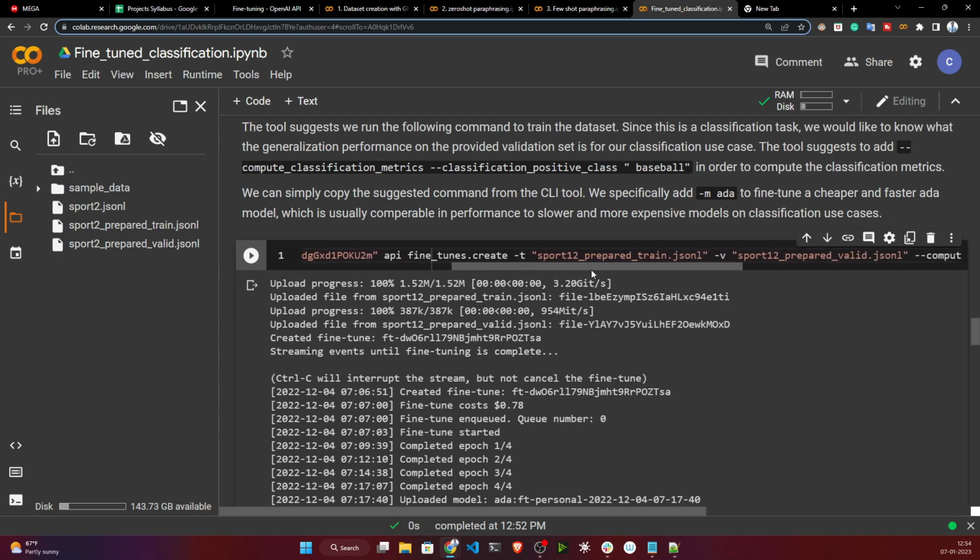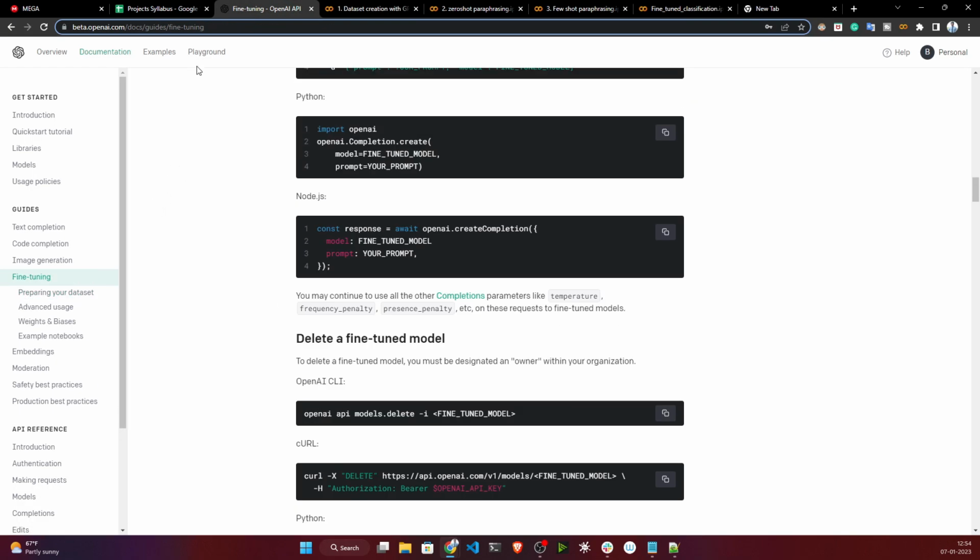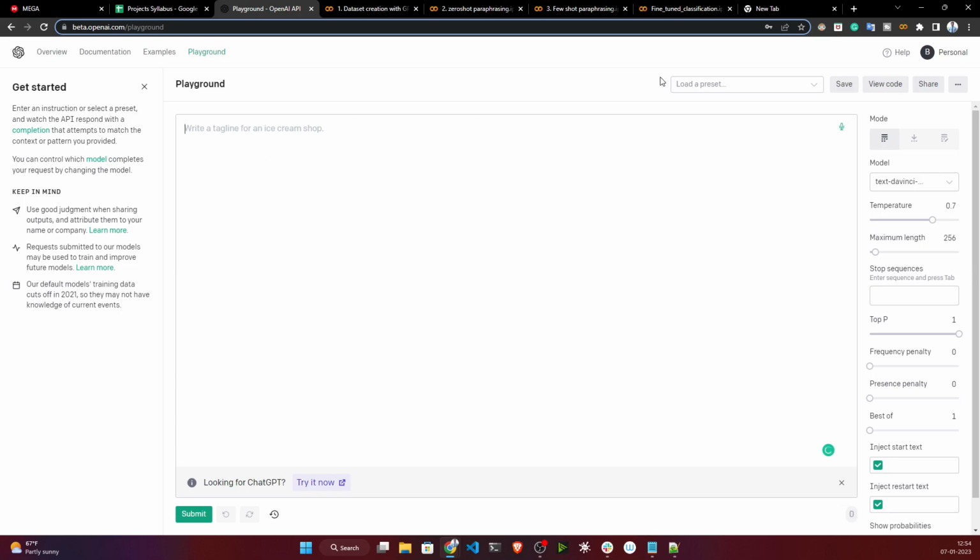Now here, API fine tunes create. Here you actually need to give your data path. This is my train data path and this is my validation data path. But here there is one issue I was having, so I was trying to actually execute this command, because here